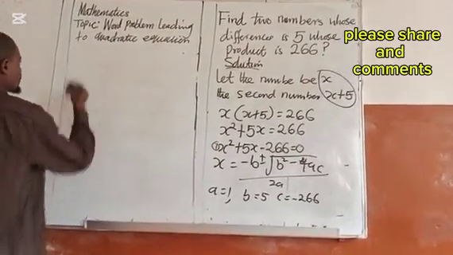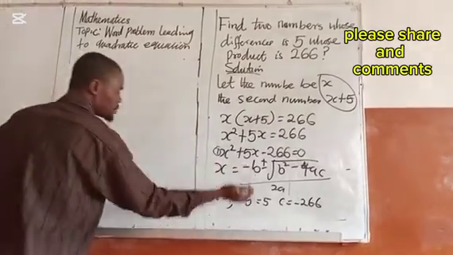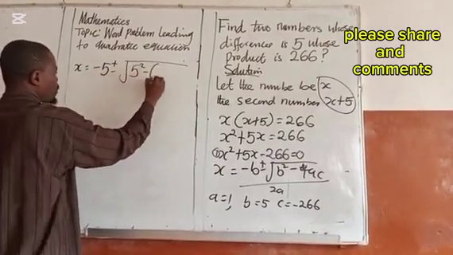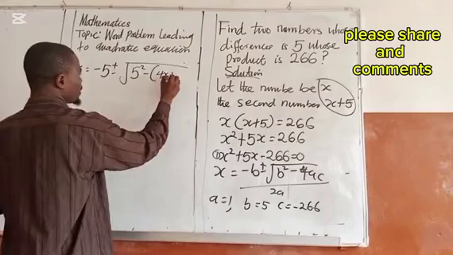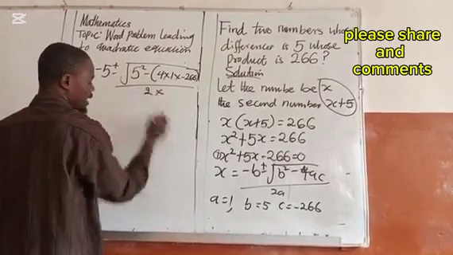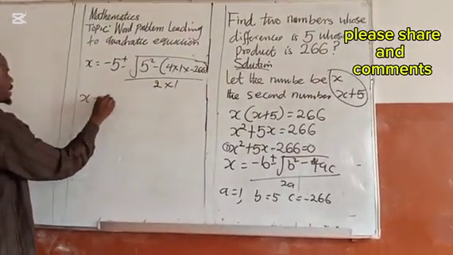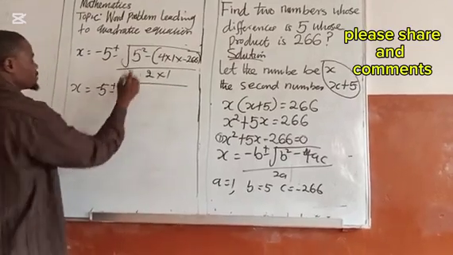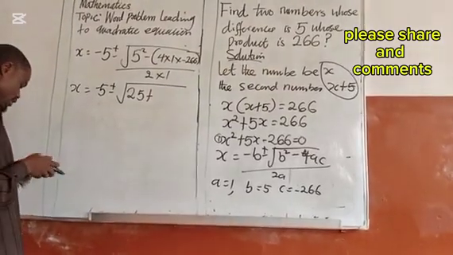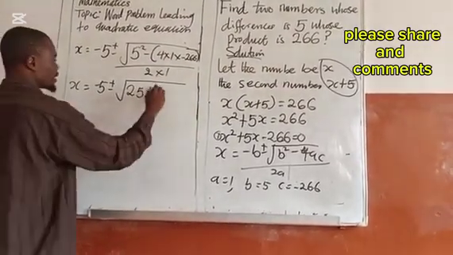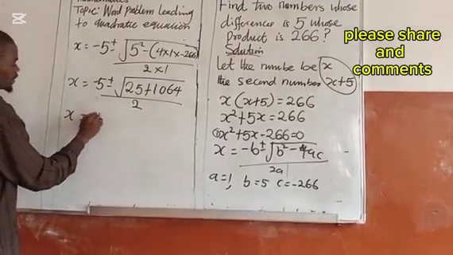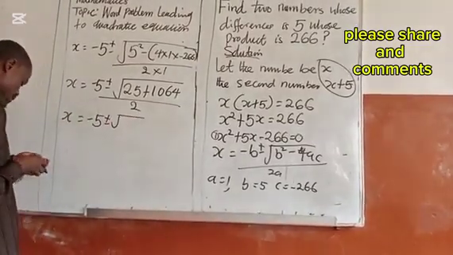We have x is equal to minus, what is my b? b is 5. Positive, negative, the square root of b squared, which is 5 squared, minus open bracket 4 times a, which is 1, times c, which is minus 266, close bracket, all over 2 times a, which is 1. We now have x equals minus 5 positive, negative, the square root of 5 squared, which is 25, minus times minus is plus 4 times 266, which is 1064, all over 2 times 1. By the time we add this, we have